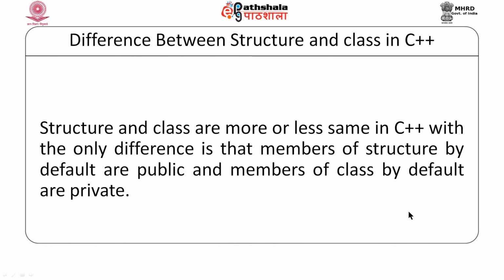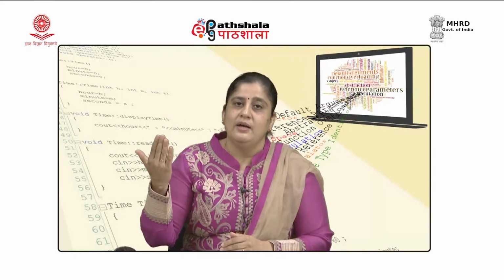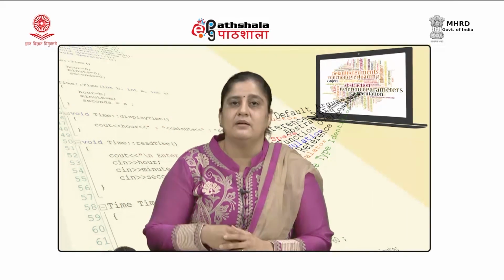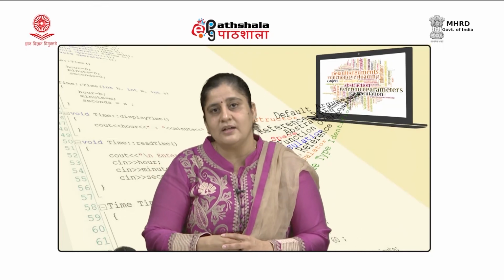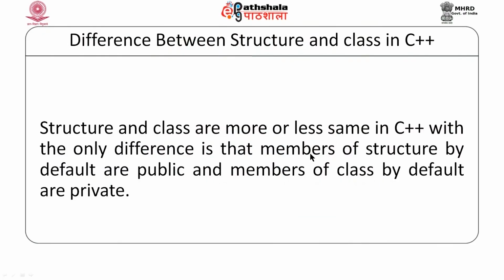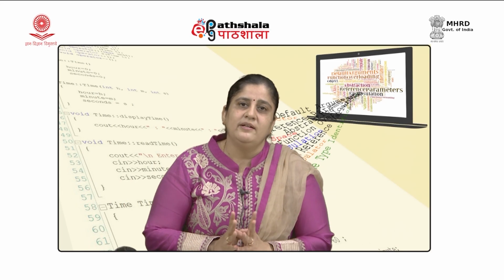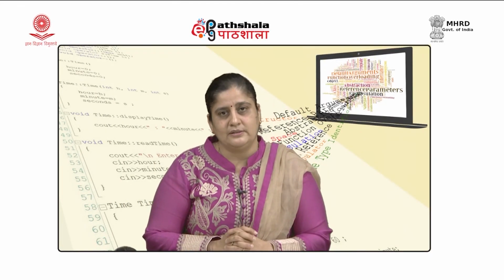If I wish to make them work, I need to declare those members which I wish to access in the main function or any other function outside the class as public. Now, structure and class are more or less the same in C++. The only difference that we see is that the default specification of members in the case of structure is public, and the default access specification in the case of class is private. Now onwards, for defining the data type, we would be using class.